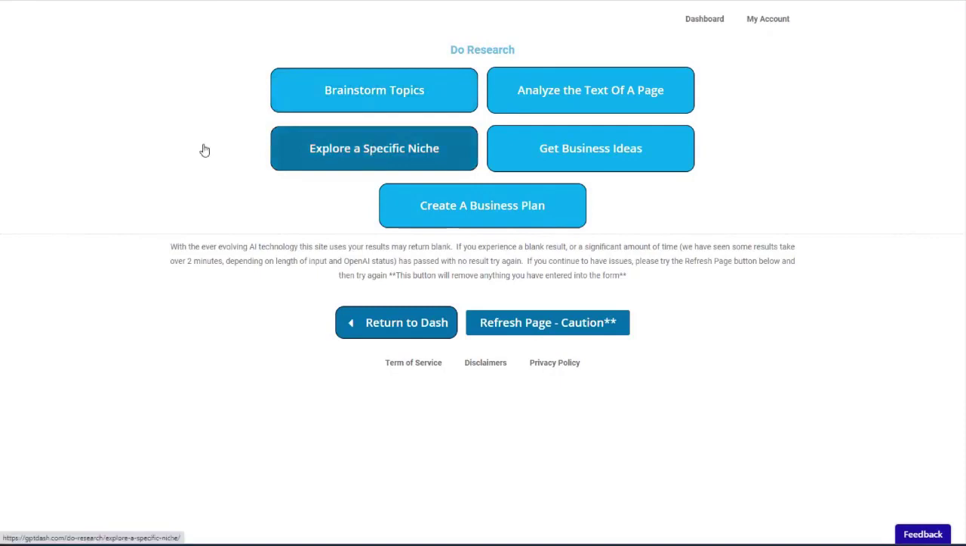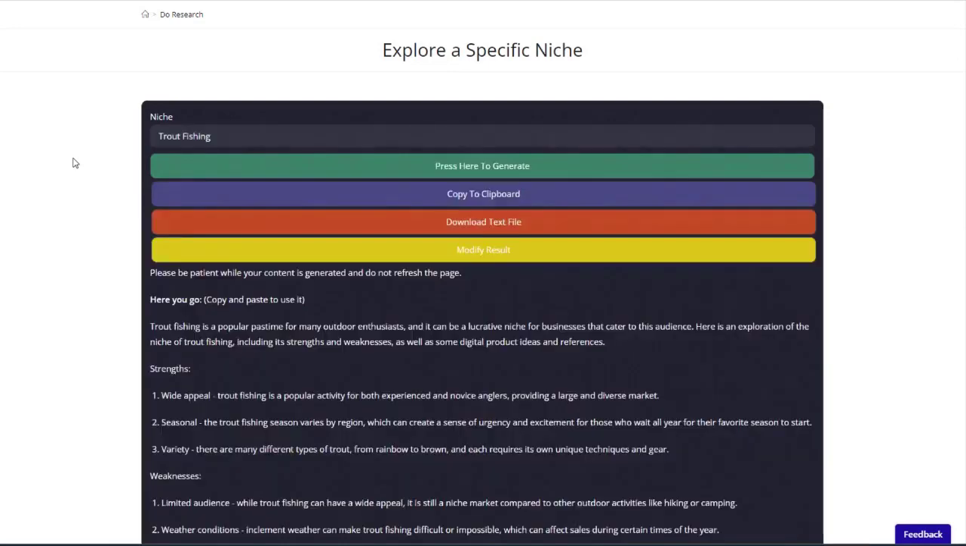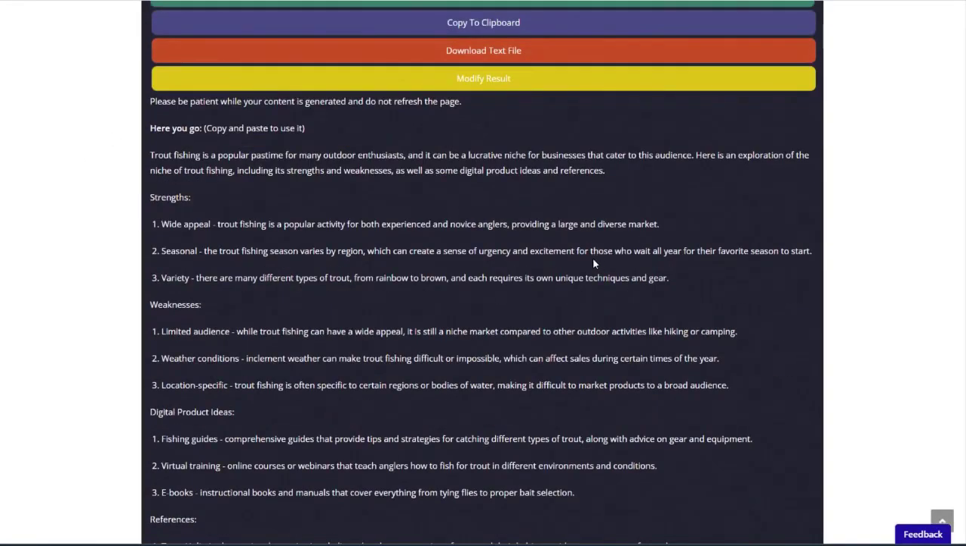All right, let's go to explore a specific niche. I'm going to keep this pretty general so that we can just see what AI does with it. Let's just say trout fishing. All right, I was really curious to know what it was going to say about this. Trout fishing is a popular pastime for many outdoor enthusiasts. It can be a lucrative niche for businesses that cater to this audience. All right, here's an exploration of the niche of trout fishing, including its strengths and weaknesses,